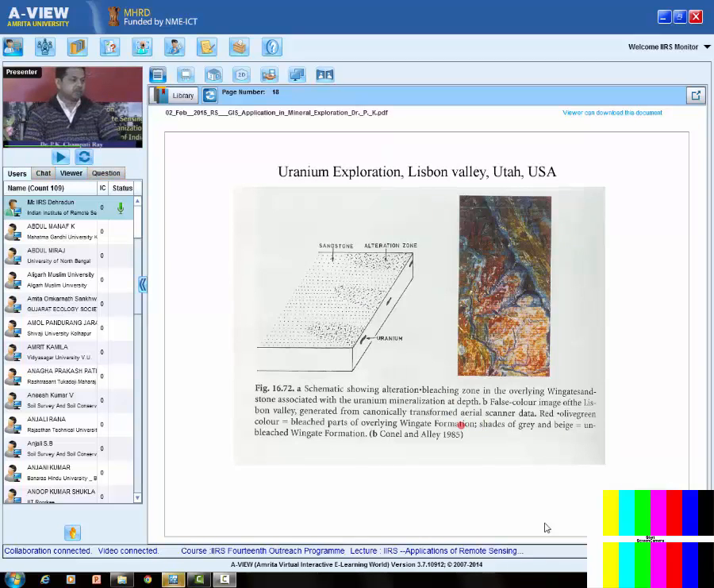Now, this is a very nice example of the use of remote sensing for uranium exploration. You can see a block diagram showing the alteration bleaching zone in the overlying Wingate sandstone associated with the uranium mineralization at depth. The false color composite shows red and olive green color in the bleached part of the overlying formation and shades of gray and beige on the unbleached Wingate formation, and the uranium body is linked to the alteration zone as you see in the 3D picture. This is where the uranium is buried, and this is the response, the alteration zone seen closer to it. So that's the power of remote sensing: even though the uranium percentage is normally very low and underneath, the alteration zone can still be seen from the satellite image and some light can be thrown on